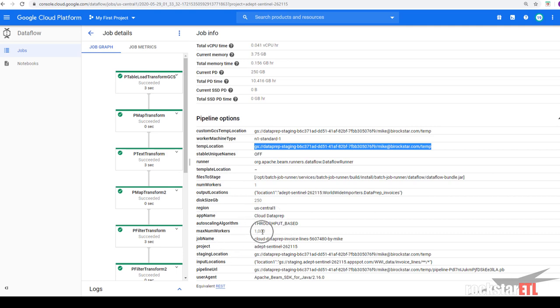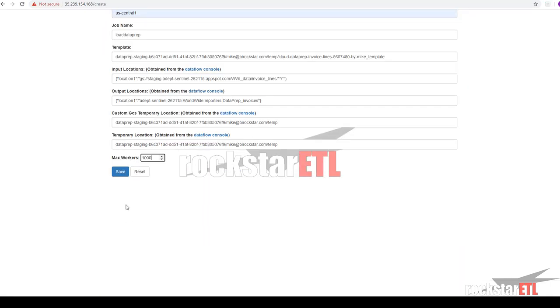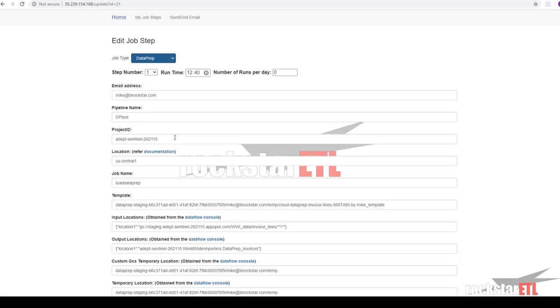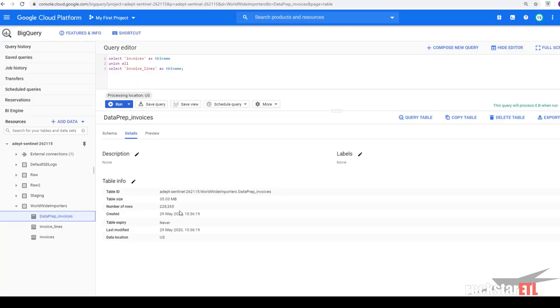Max workers is 1,000, and that's how we add our DataPrep job. So now what we can do is we can actually go and clear this out, because